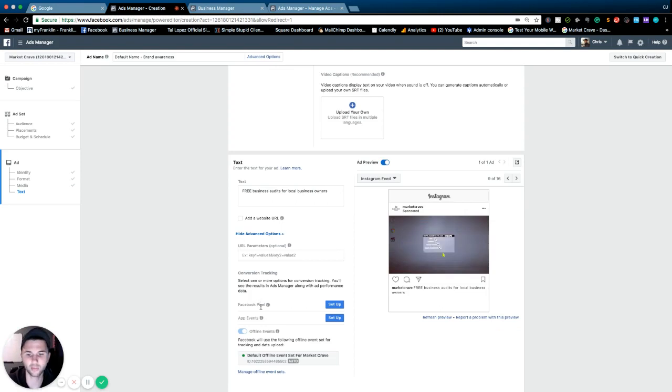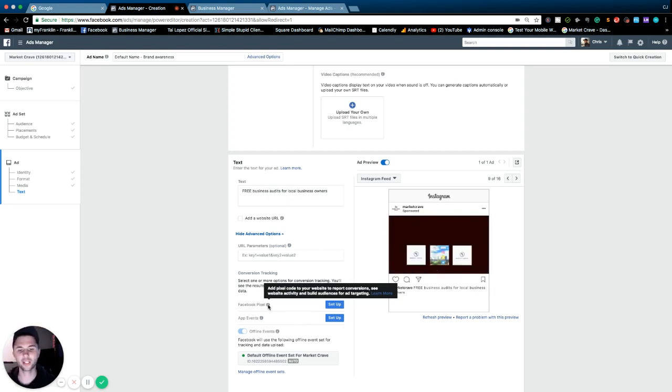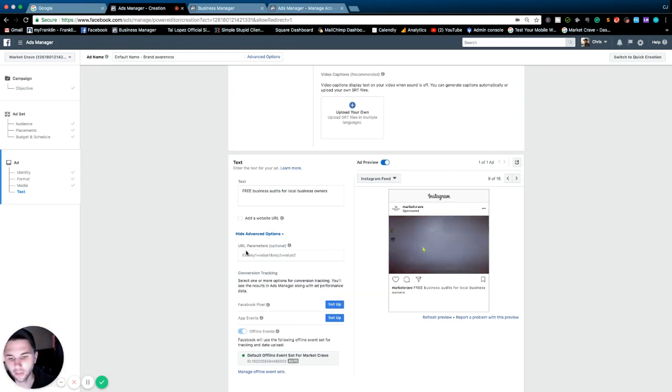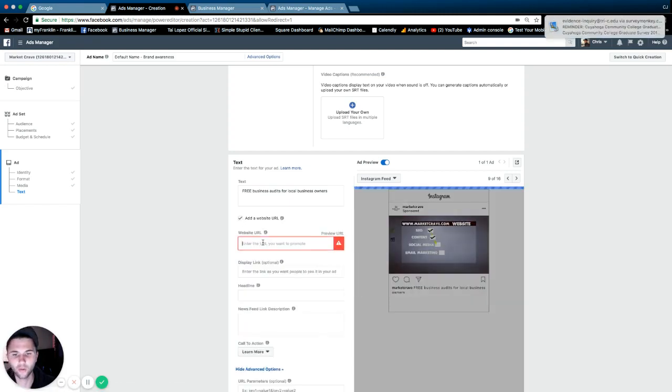You can also put a Facebook pixel on here. So add a pixel code to your website to report conversions. That way you can track and monetize how many people are visiting your website and see which pages are the most popular. For today's purposes, we're going to keep that off. And then I'm going to add a website URL